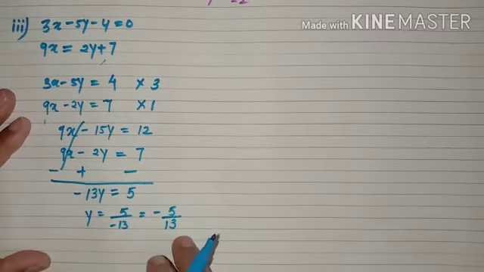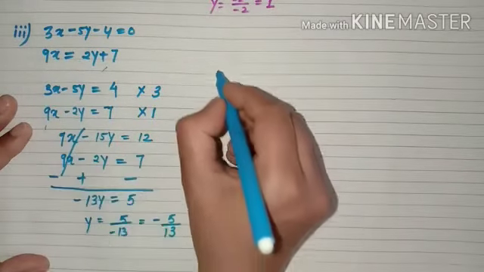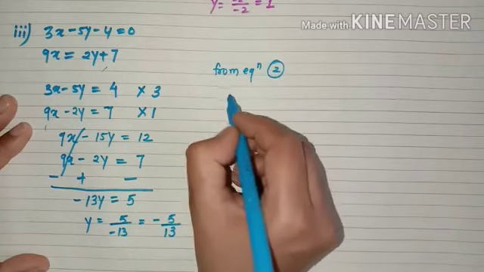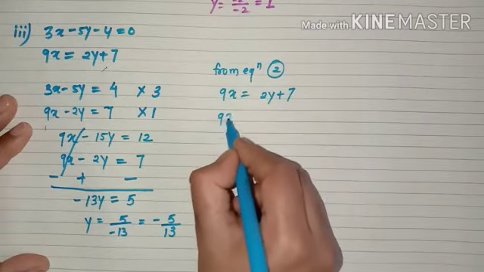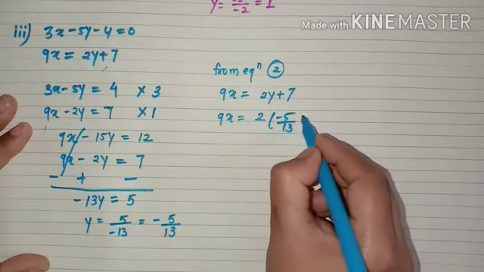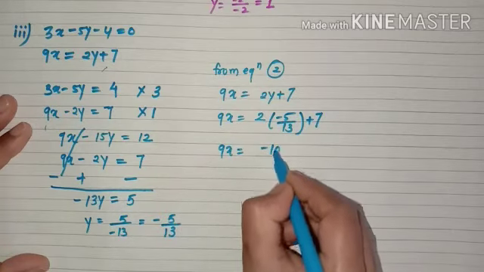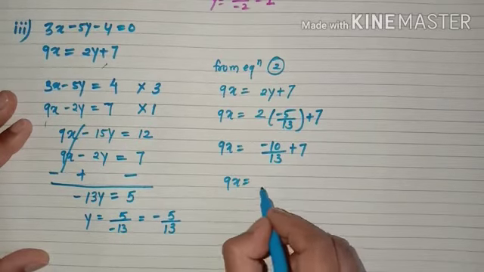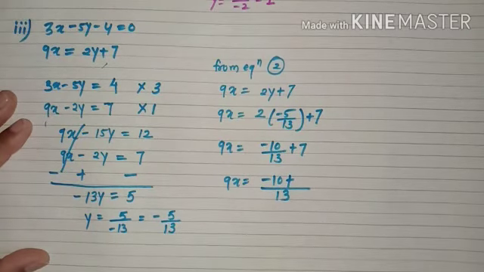Now we will substitute this value of y in any of the equations. Second equation, from the second equation, 9x equal 2y plus 7. 9x equal 2 times the value of y, here minus 5 by 13, plus 7. 9x equal minus 10 upon 13 plus 7. Now we will take LCM. LCM will be 13, minus 10 plus 13 sevens are